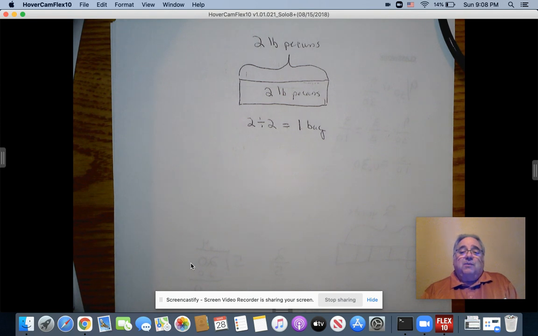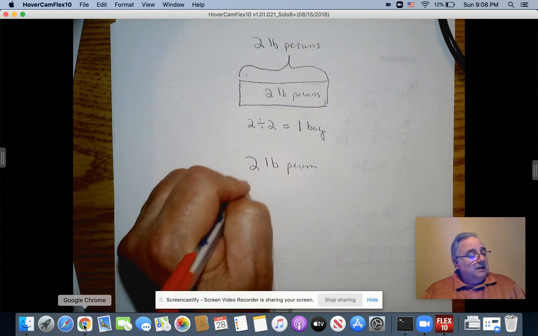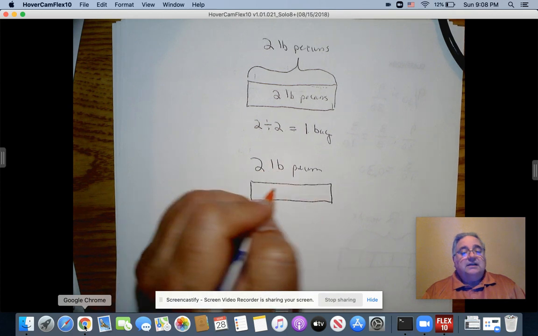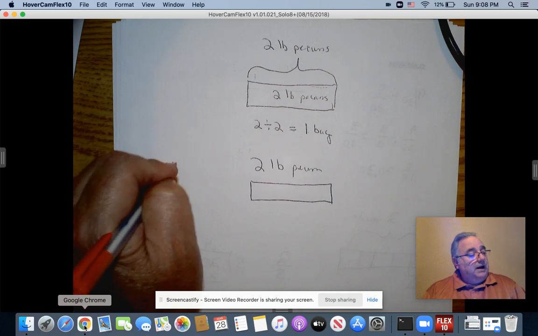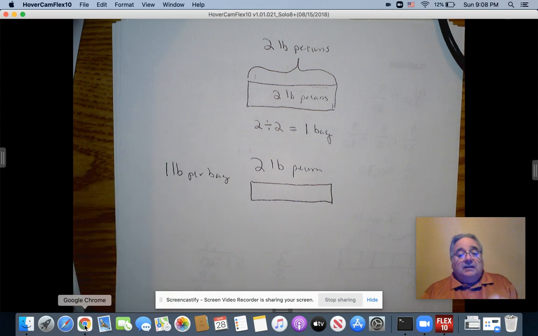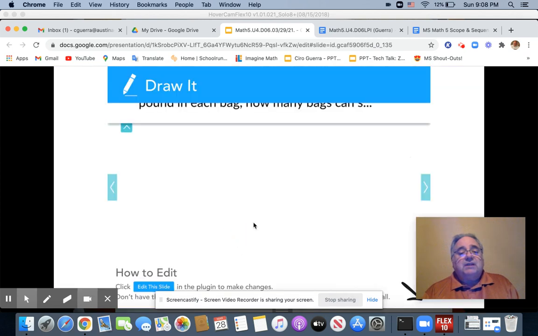So the next problem I'm going to give you, and it's on Draw It, is we're going to take the 2 pounds again of pecans, but this time, how many bags will I have if I put in 1 pound per bag? I'm going to give you a few seconds to go ahead and work on this. You have 3 minutes. Pausing the video in 3, 2,